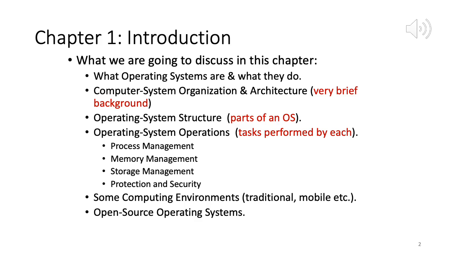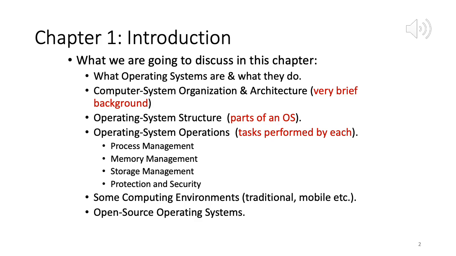Third thing we'll look at is operating system structure. How can we break down an operating system into various parts? As we discussed last time, the OS is a huge piece of code. Therefore, to analyze and study it, it would make sense to divide the whole OS into small parts, and then try to analyze and figure out the functionality of each part. All that comes under operating system structure, parts of an OS.